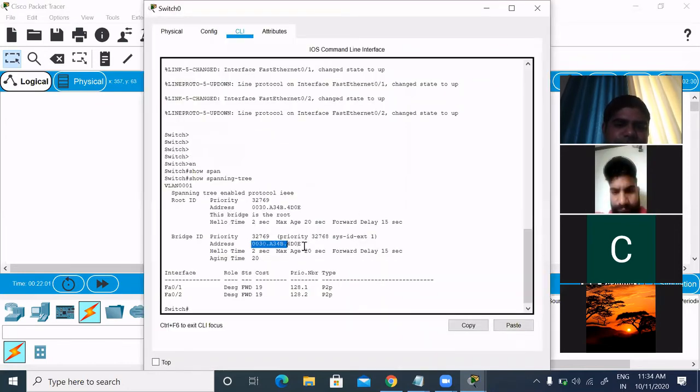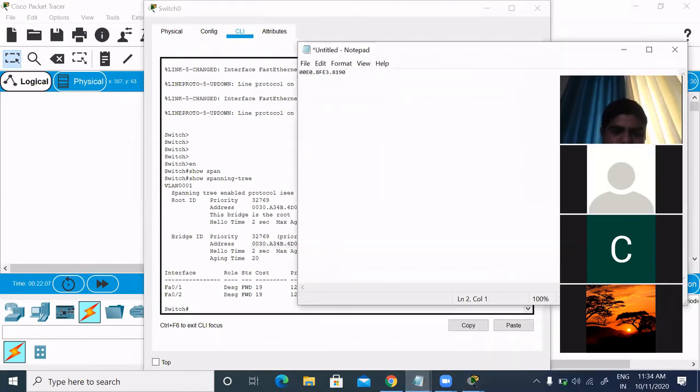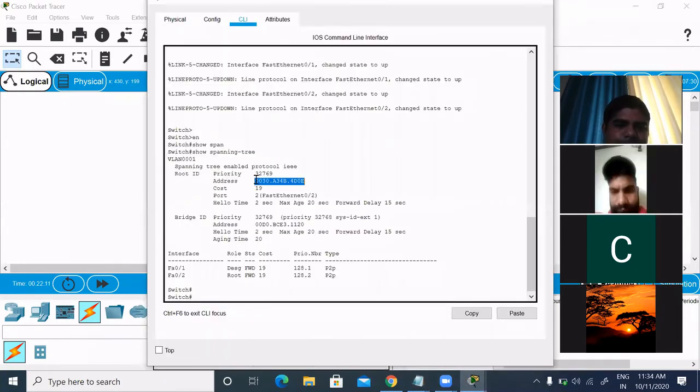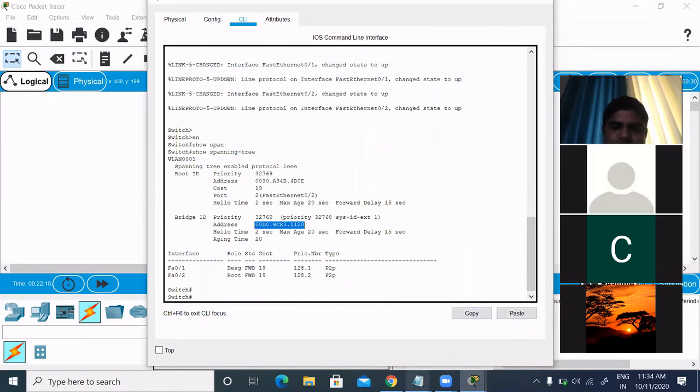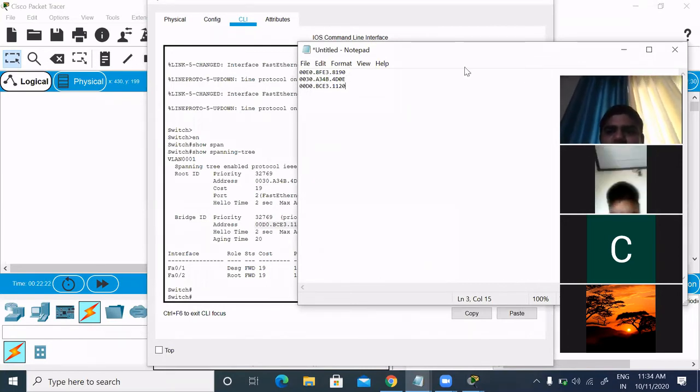Now we will check this one also. Copy. So if you compare these bridge IDs, then what will happen? Just check this one.